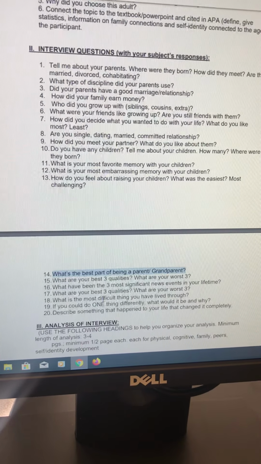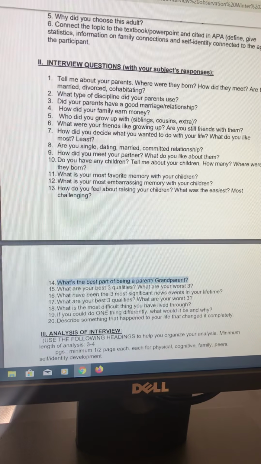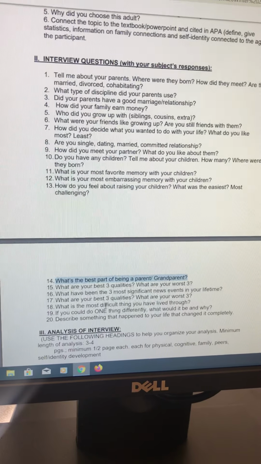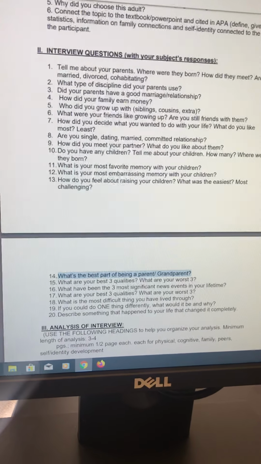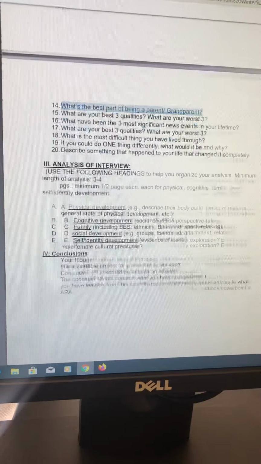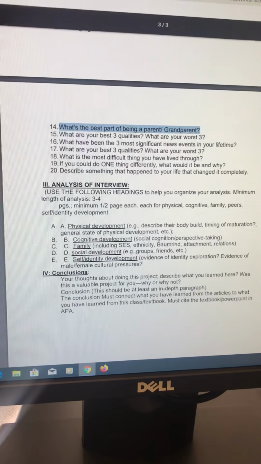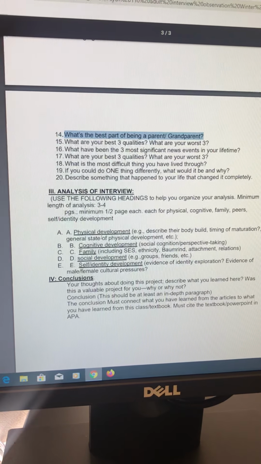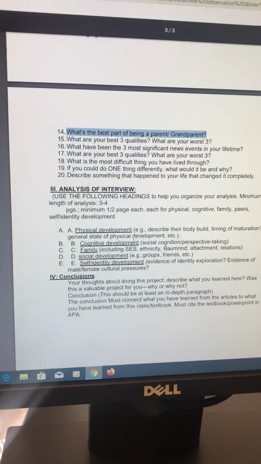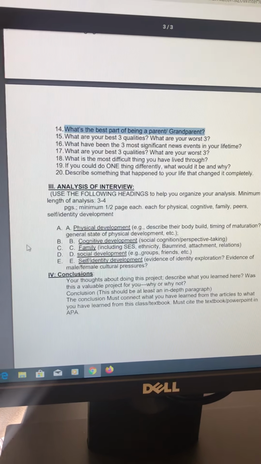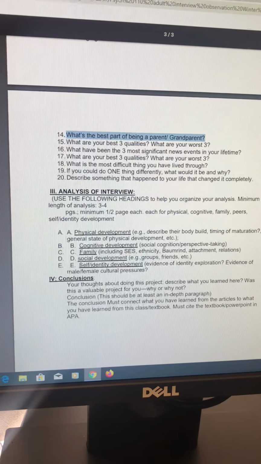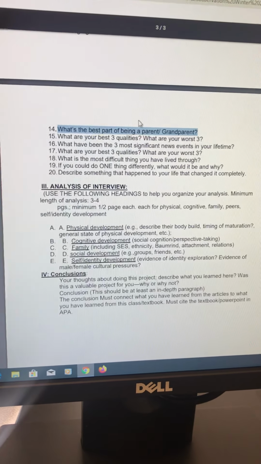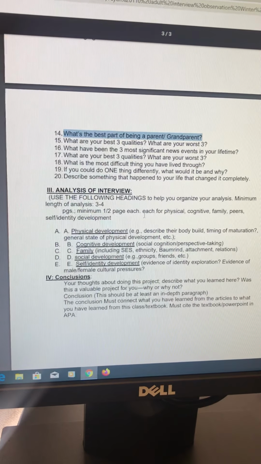You're going to be putting this in the summary part. They're going to be answering the questions, but you're just giving me the responses, and you're going to word it so I would know what the question was. And then, of course, you do your analysis. Some things are going to connect. Maybe family is going to connect. You can pull in what they said, how their family made money, how their family disciplined, all that's going to be connecting. The three qualities they like can connect to their self-identity development. You're going to be incorporating the textbook and your answers from up here into the analysis.